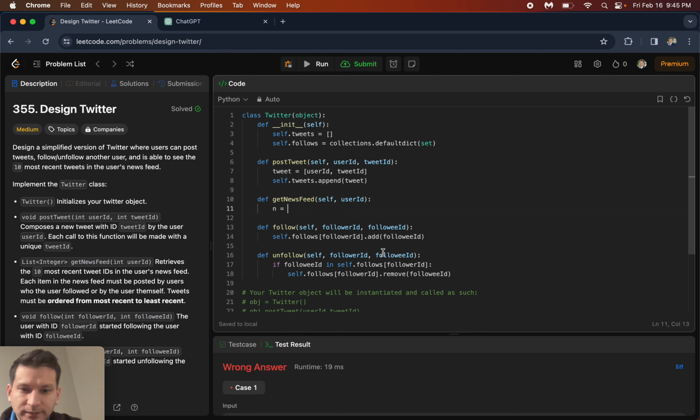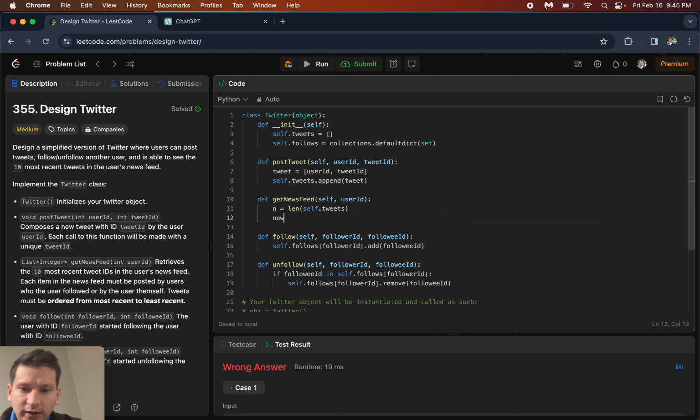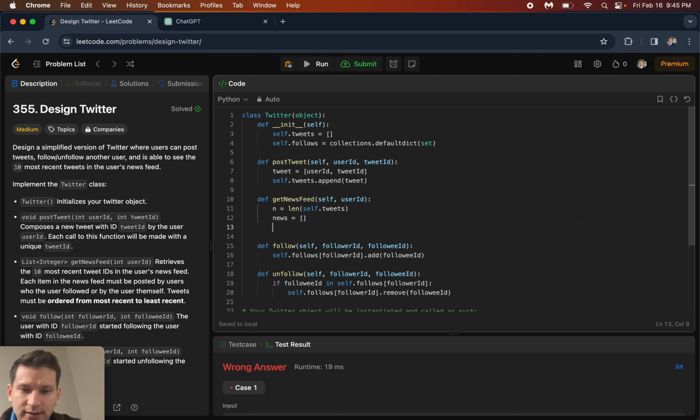So n is the number of tweets, so the length of self.tweets. And then we're going to have to keep a news feed. We need 10 of these. So while there's a tweet, so while n is greater than or equal to 0, and while the length of the news feed is less than 10,